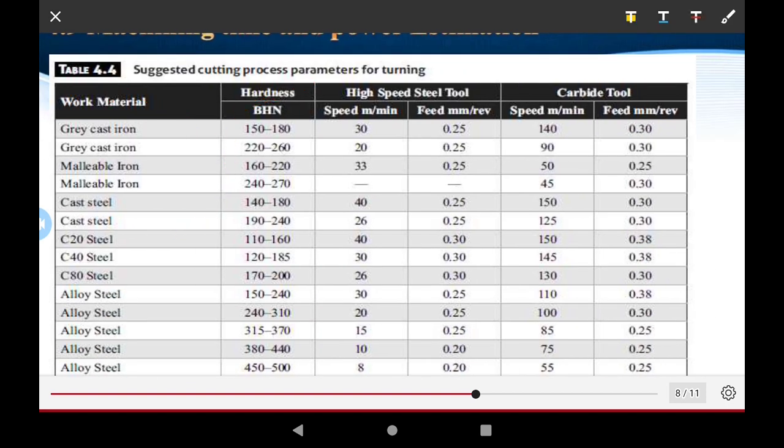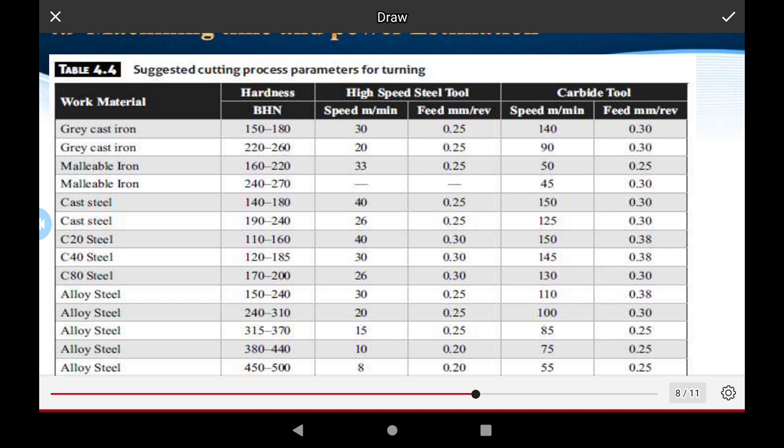Some of the others are required for the job, the level cast iron, and the version number 160 to 220. Suppose that the speed on the workpiece is 33 meter per minute, and second, the feed rate is also fixed for the job at